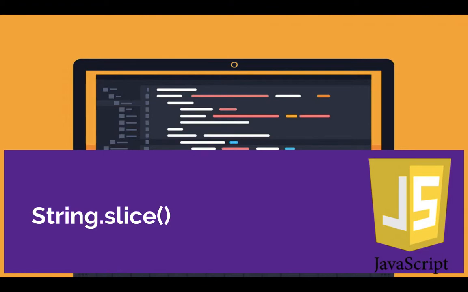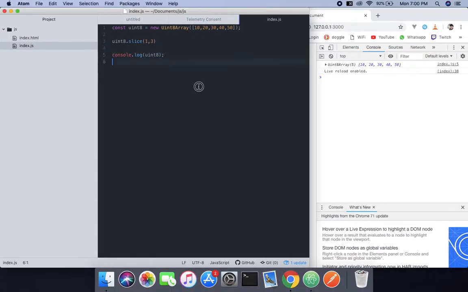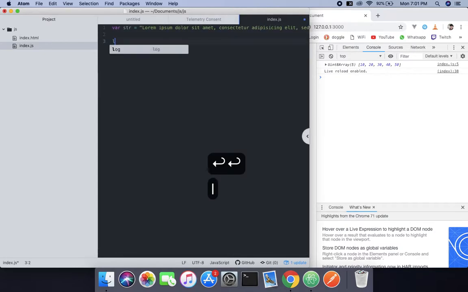Now what I'm going to do is create a string equals, and now I'm going to type lorem. If you type lorem and press tab, it's going to give you a boilerplate. And now I'm going to write string dot, as usual, the slice method, and inside that what we're going to